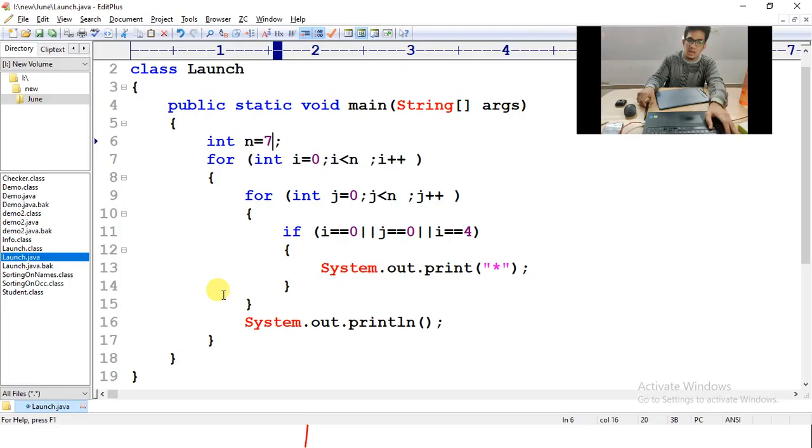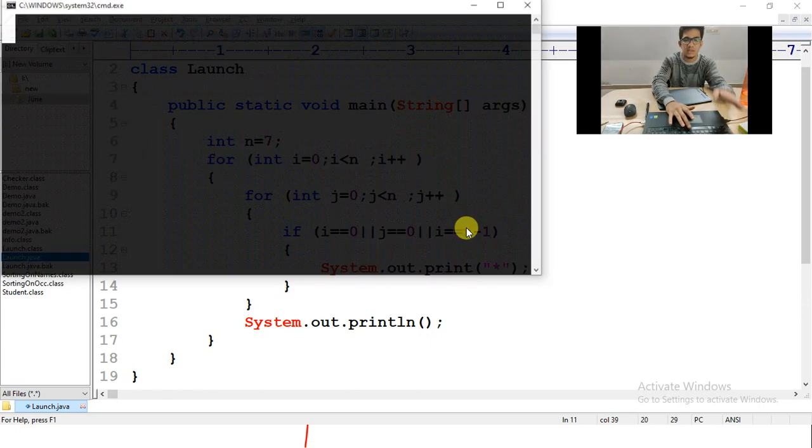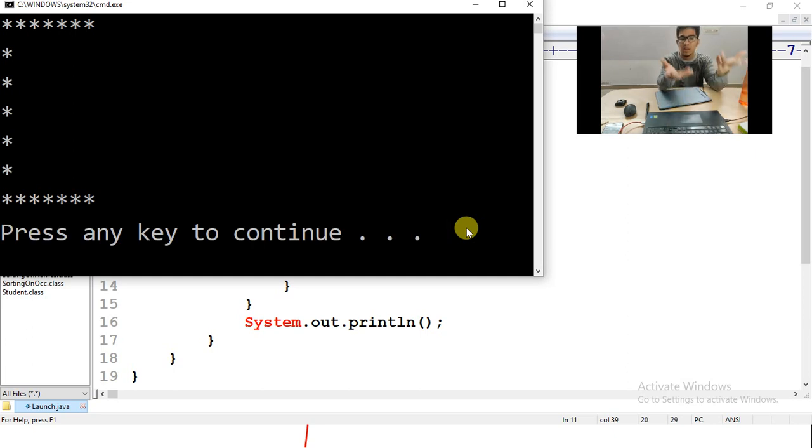So, what I have to tell here is, whatever the n value is, you just write n minus 1. That will become more clear. So, this is the way it will change dynamically. So, this is what you have to write, n minus 1. See, whatever the n value is, I will get the last row.